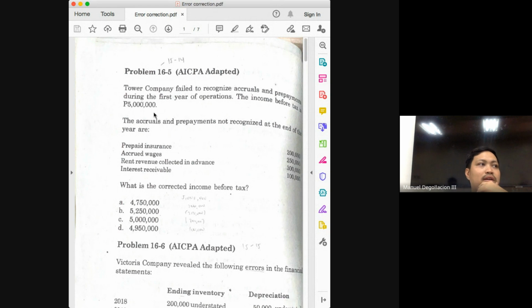Okay, so if we already made a collection before, what does that mean? An entry was prepared. And what entry do you think was prepared? Debit. Obviously, the debit would be to your cash. Okay, you made a collection before. What do you think is the credit? Do you think the credit is rent revenue? No, because if that was the case, then this error or this failure would not have been existing. So what do you think was the entry before? Debit, cash, and credit, unearned income or unearned revenue.